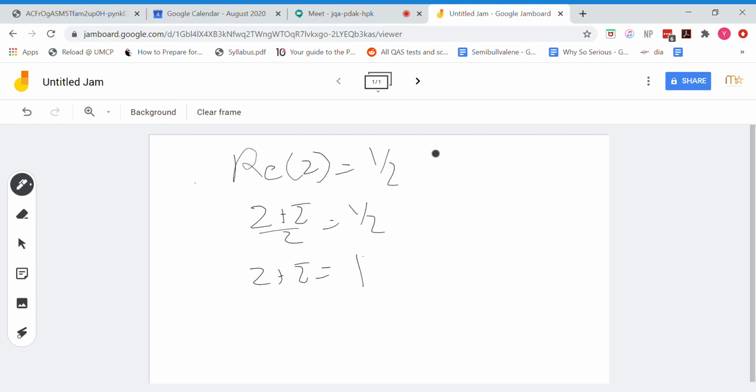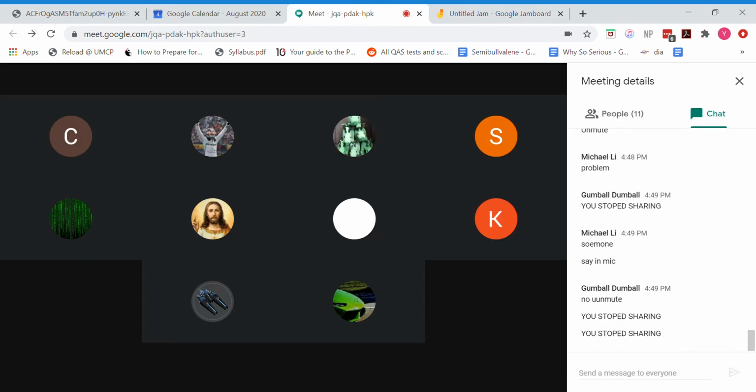Well, w equals 1 over z, right? So z equals 1 over w. So if I plug this in here, then we have 1 over w plus 1 over w conjugate equals 1. Okay. So this gives us w plus w conjugate equals w times w conjugate. Interesting. So what can we say about w? Well, this equation right here doesn't really stand out as some sort of interesting